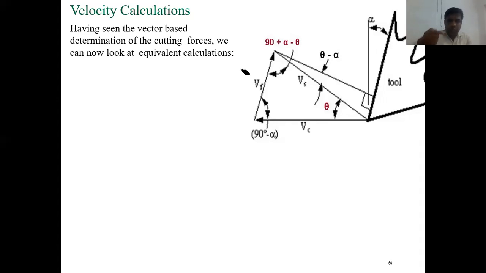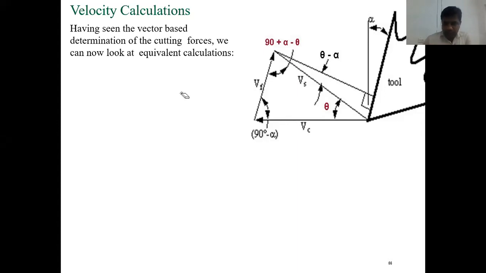Similarly, the chips are coming out and moving on the cutting surface. That is another kind of velocity, or motion. Similarly, the third velocity: inside your workpiece, whatever shear deformation is happening to get the chip, there is also some kind of shear flow happening. So in total, 3 different kinds of velocities are involved during machining. Let's go through those velocities step by step.